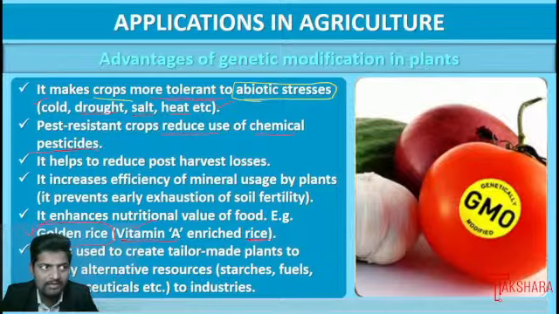Maximum quantity of vitamins will be present within the genetically modified organism. Okay, and the last advantage: genetic modification is used to create some kind of tailor-made plant for the supply of alternative resources, for example starches,